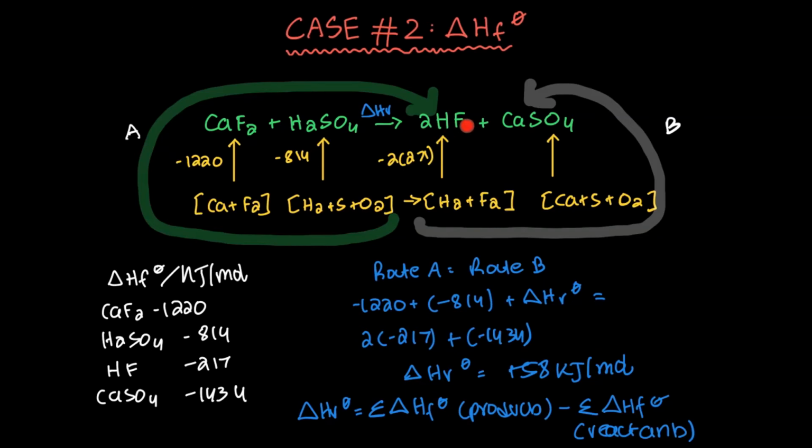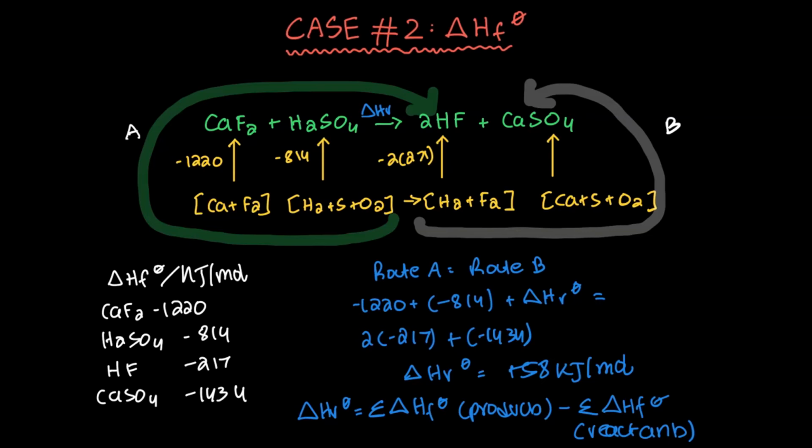Then you have hydrogen fluoride. So for this, you're going to be needing hydrogen and fluorine. Now, since it's 2 moles, you're going to be multiplying the energy by 2. Even for the previous one, if you had delta H of combustion, if the number of moles was written right next to whatever reactant and product you have, you are going to multiply the energy by that number of moles. So for example, if you had a 3 over here, you would multiply whatever energy you have by 3. So you're going to go according to that. So in this case, the delta H of formation for 1 mole of hydrogen fluoride is going to be minus 217. So for 2 moles, you're going to multiply it by 2.